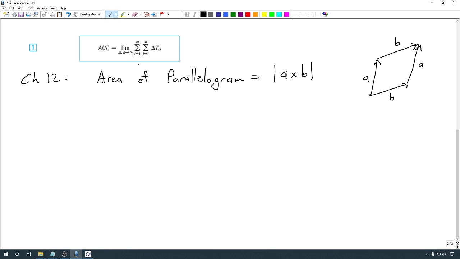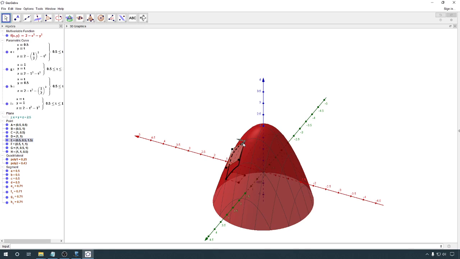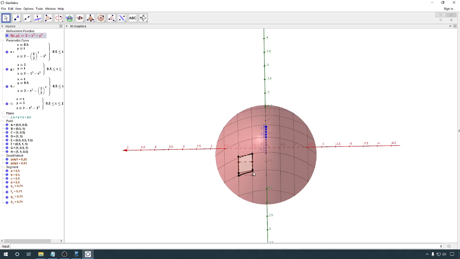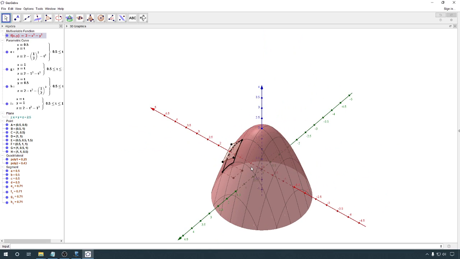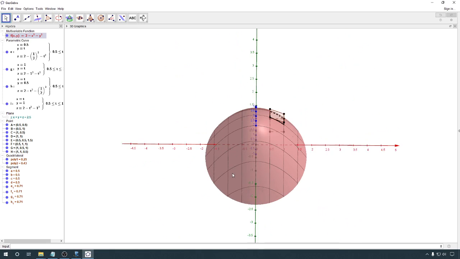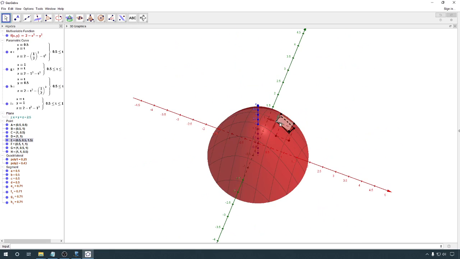Now, how do we use that here? Well, keep in mind that what we're dealing with here are tangent lines. These two sides that are close to our point are both tangent lines to the surface through that point. And they're specifically the tangent lines that are parallel to the x-axis and the y-axis. That means we're dealing with slopes that are given by the partial derivatives. If we start with the one that's parallel to the x-axis, this one here,